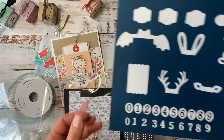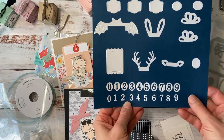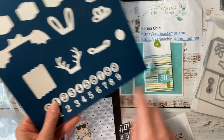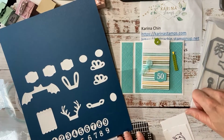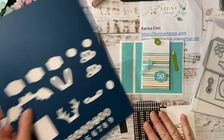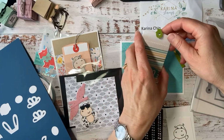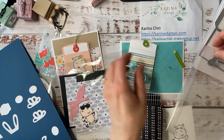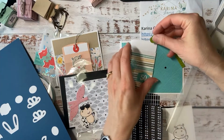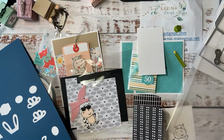But I think the brilliant thing in this whole set is the numbers. So you get like a negative and a positive image. And I took 50 and put it here, and then did a little candle. So let me just throw this one together really quick, and then I'll show you how we're going to make a cow and then a pocket die really quick, because I think that's fun. Now, it's got this piece in here that it's got a little score line so it folds over. So what I have been doing is adding just a little bit of green glue,